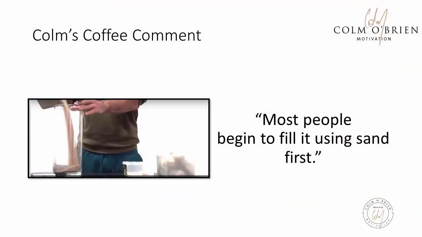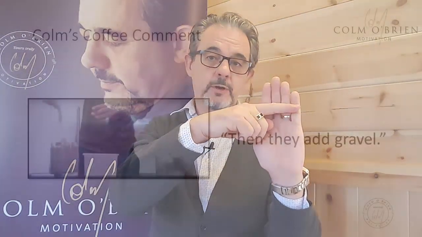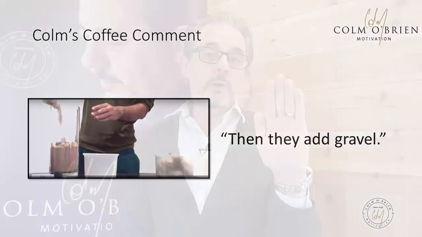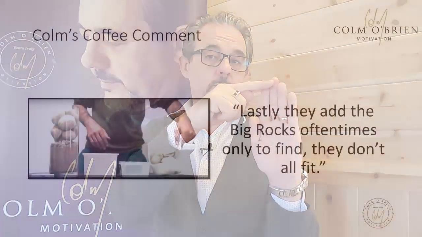So let's imagine that my hand now represents the large glass bowl, and we're going to pour sand in the top, and the sand is going to come up to about halfway in the large glass bowl. Okay. Once the sand is in place, we're going to now add in the gravel. Gravel goes in on top and it comes up, say, another half again. We're now at 3/4 level. And finally, we're going to put in the big rocks on top. And what we find invariably when we try to approach it like this, sand, gravel and big rocks, is that because we can't go up beyond the top, the rim of the vase or the bowl, there isn't enough room for all the big rocks.